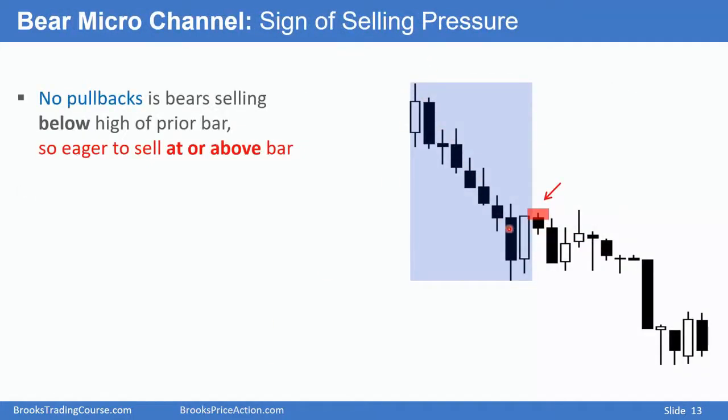Here we have about 7 consecutive bear bars and maybe a 9-bar bear microchannel. Is this reversal up going to be successful? Probably not. Most of these bear bars closed at or near their lows and certainly below their midpoints. That's a sign of good selling pressure. And even with a good bull bar like this, the odds are the bull reversal will be minor and that there'll be more sellers at the high of that bar.